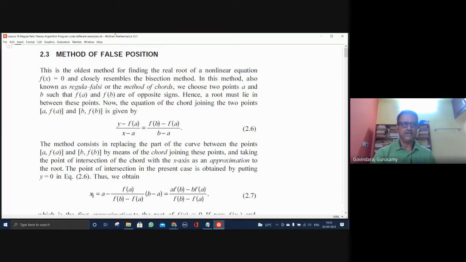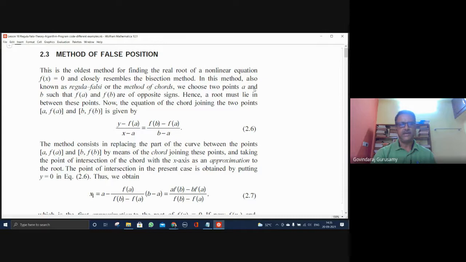It's again an iterative method. This is the oldest method for finding the real root of a nonlinear equation f of x equal to 0 and closely resembles the bisection method. It closely resembles, it's not exactly the same thing. In this method, also known as regula falsi or the method of chords,